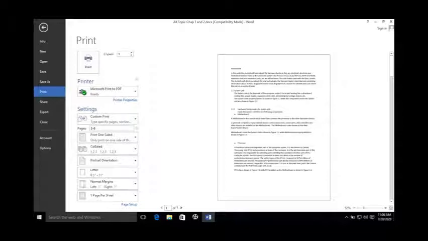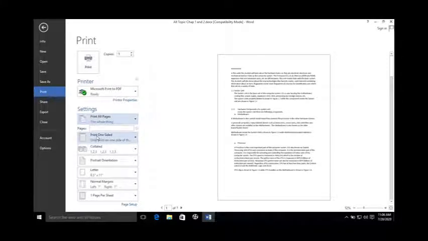Different pages can be specified in two ways. If you want to specify the range, this is how you can specify it, and if you want to specify the individual pages, you can use the comma. If we are going to print all the pages, you don't have to specify any specific page because you want to take the printout of all the pages.